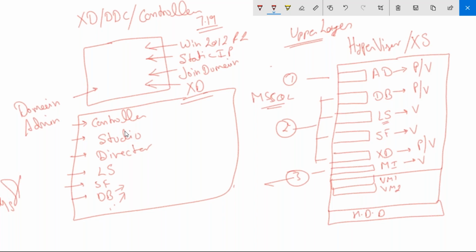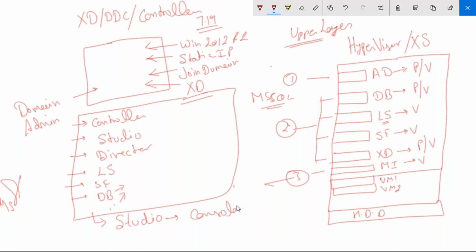Okay, and once that is done, then the first time you will open a console, that is Citrix Studio, guys. Okay, this Citrix Studio is a console to manage your XenDesktop infrastructure. This is the only and only console, guys. There you will create virtual machines, you will assign virtual machines to the user, you will create policies. There are plenty of things you will do, but everything will be done inside the Studio